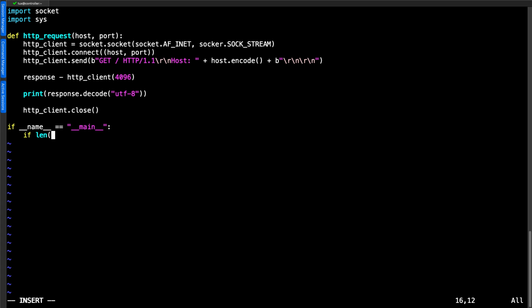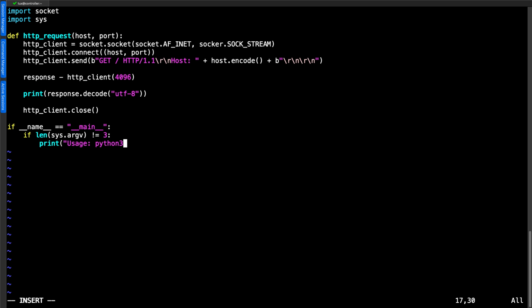We want to check our input parameters. So we're going to check that we have provided the correct amount of arguments. When we execute the script, we've got to specify the host we want to connect to and the port. So we're going to check that it is not equal to 3. If it's not equal to 3, then we haven't provided the 2 extra arguments. argv[0] is our script name itself. So we can go through and print out a little usage statement that we run this with Python 3.